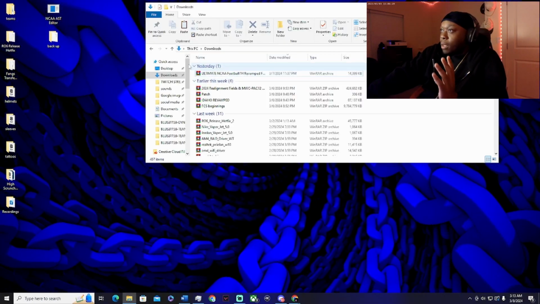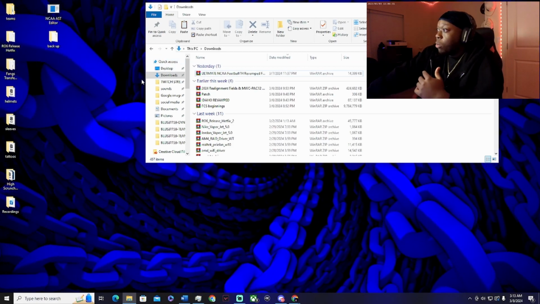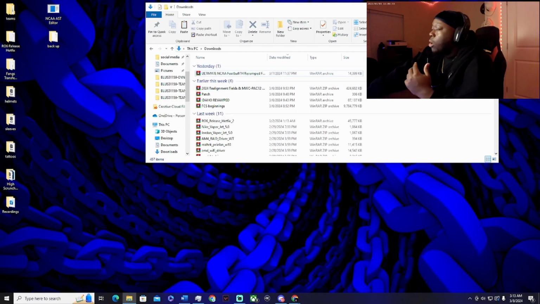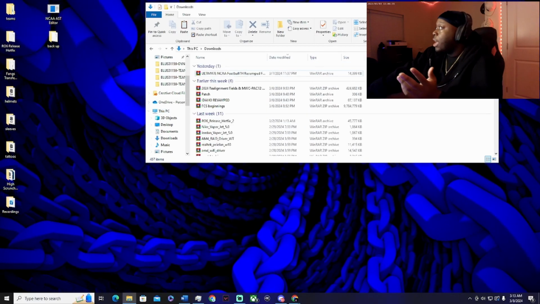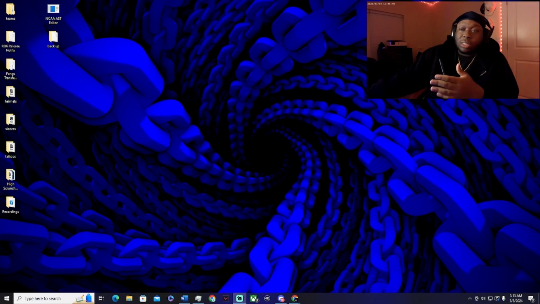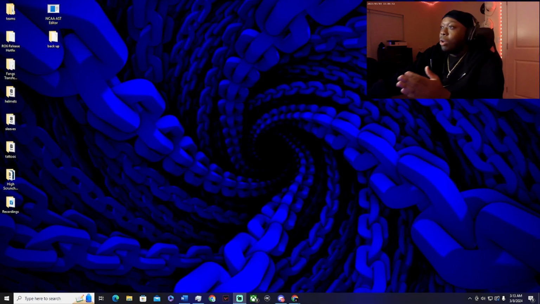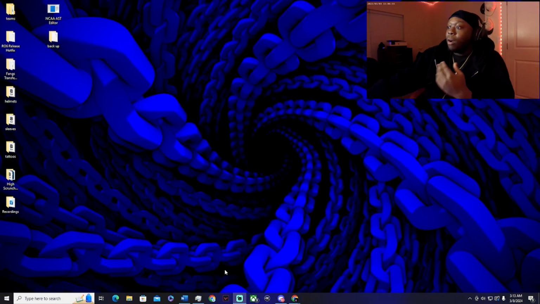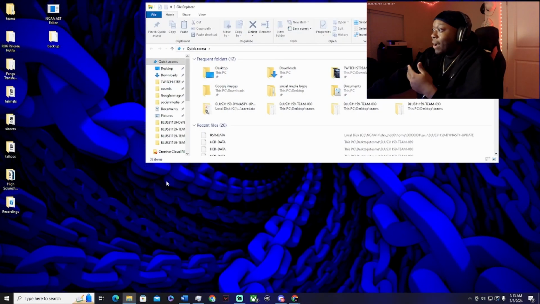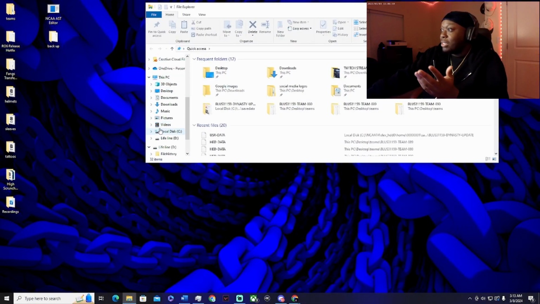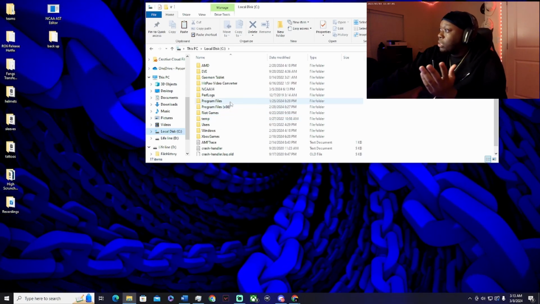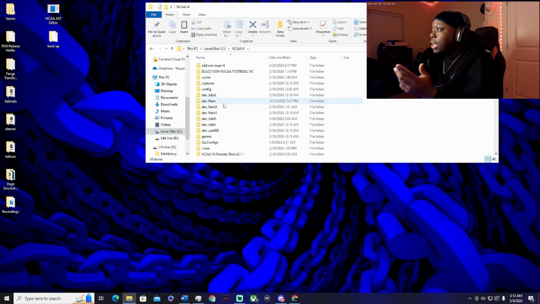Once you have it downloaded onto your desktop, you're going to want to locate your save file for the game. The easy way to do this is to go through the RPCS3 application and locate the file for the game. For me personally, I like to go through my files. I already know where I have everything saved. It's on my local disk. Go to NCAA 14,